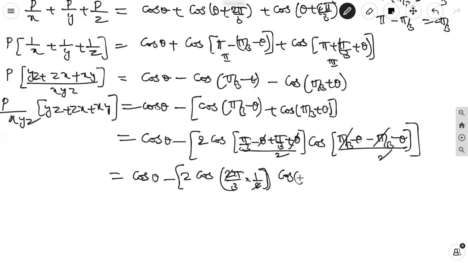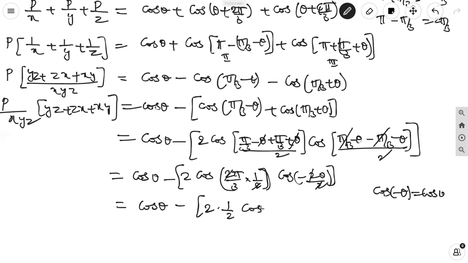Cos of minus 2 theta by 2. Here the 2s get cancelled. It is equal to cos theta minus 2 into cos pi by 3 value, that is 60 degrees. The value is 1 by 2. Cos of minus theta is, it is an even function, so it is cos theta. The 2 ones get cancelled. Here cos theta minus cos theta